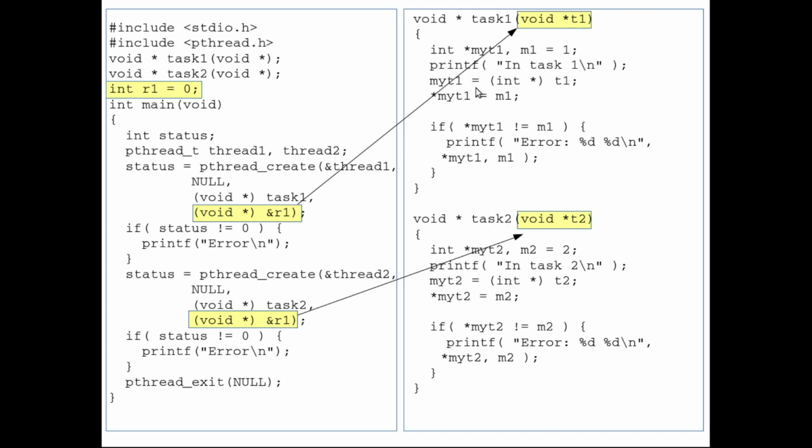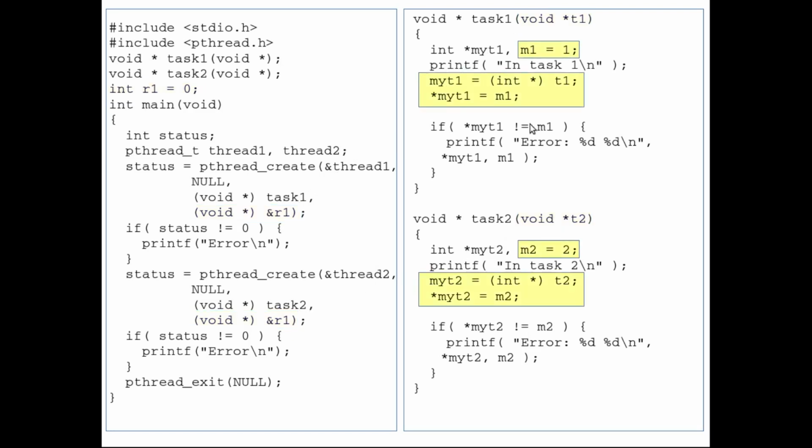Now what the two threads will do is, the address of r1 was received in the variable t1, and t1 we assign to my t1. So my t1 is nothing but a pointer to r1, and similarly thread 2 received the address of r1 in the variable t2, and t2 we are assigning to my t2.